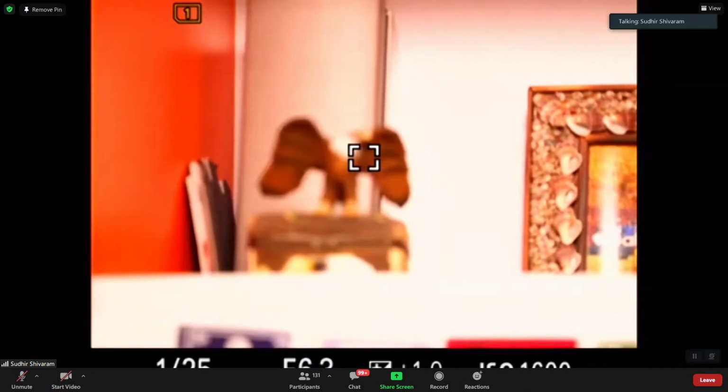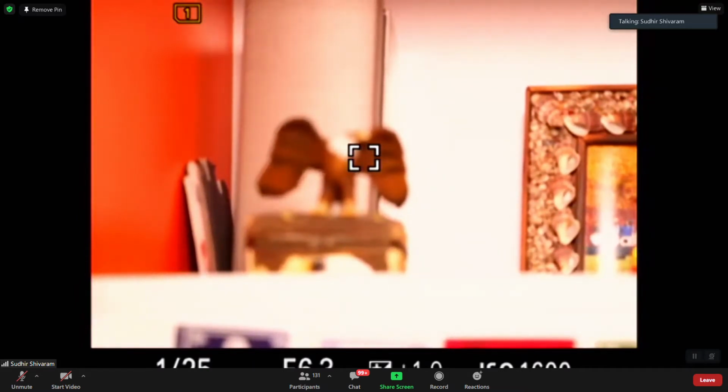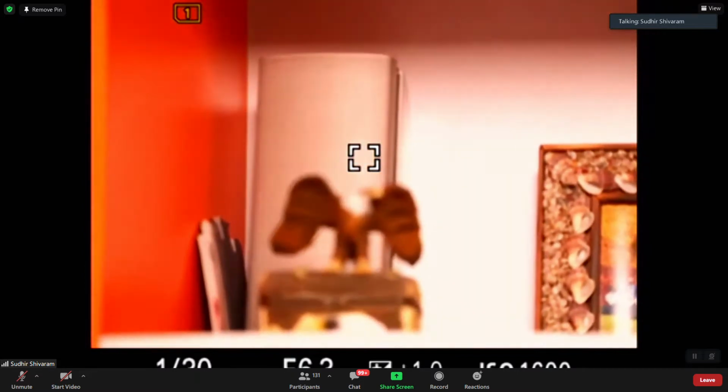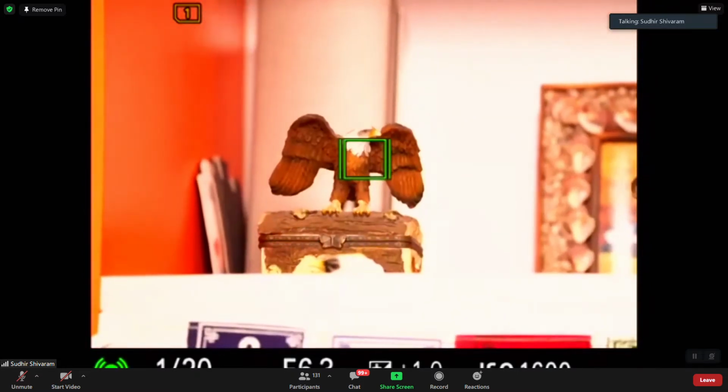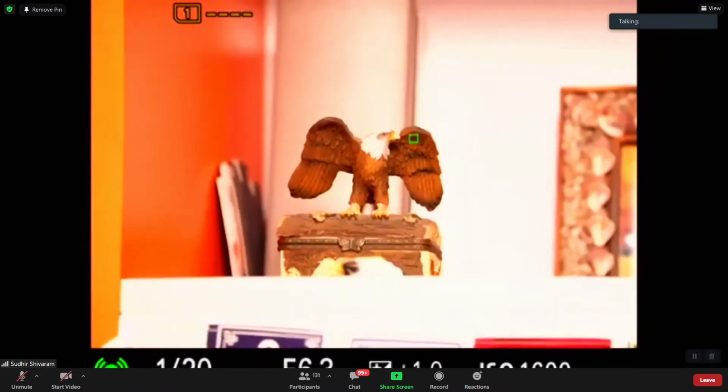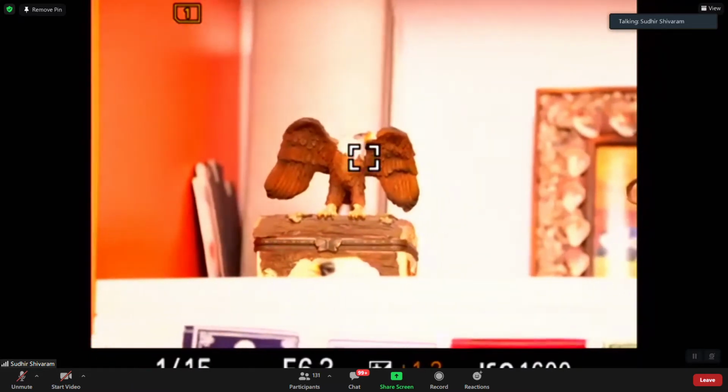Now, if I again zoom out a little, and where is my subject? Okay, the eagle. Now, the concept of autofocusing, the way I use it in Sony is, you see that square, right? The white square is there. So what I do is I keep that white square onto the subject. Whichever I want to focus, I get the white square on that, and then I press. It turns green. Okay, let me just put back the exposure compensation. Hold on.